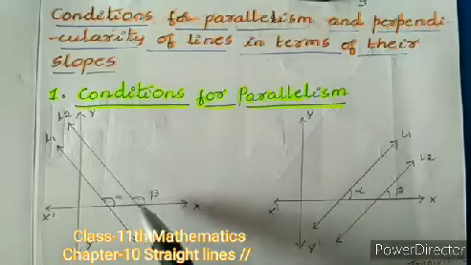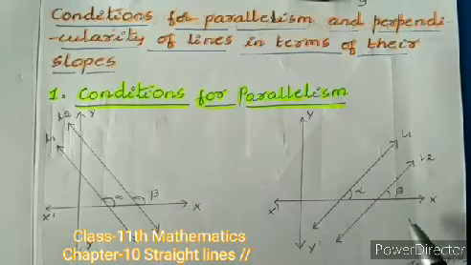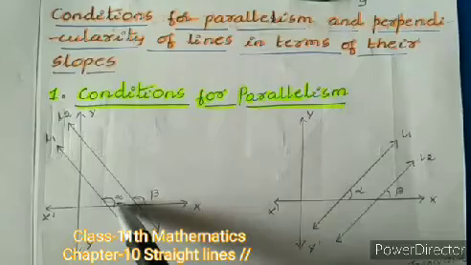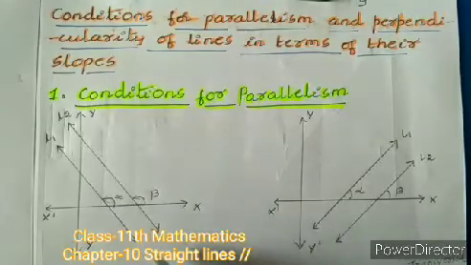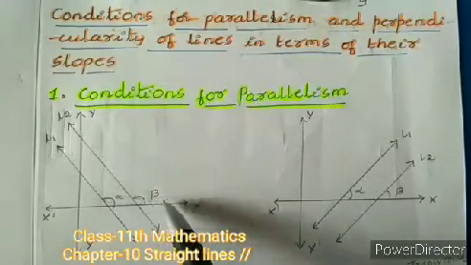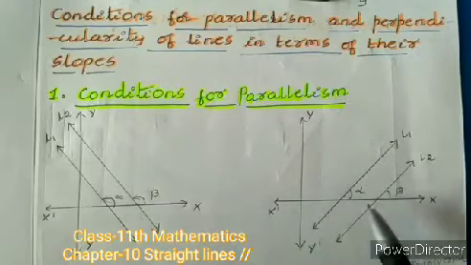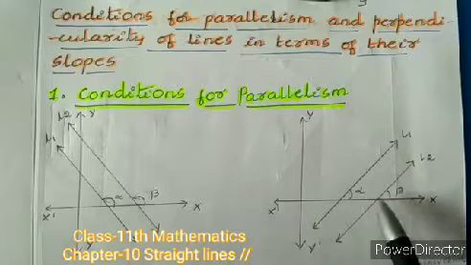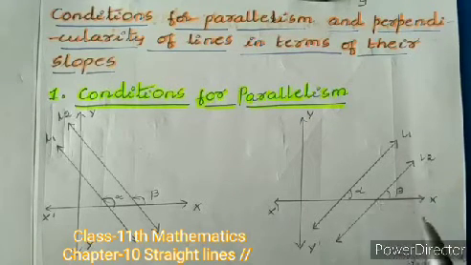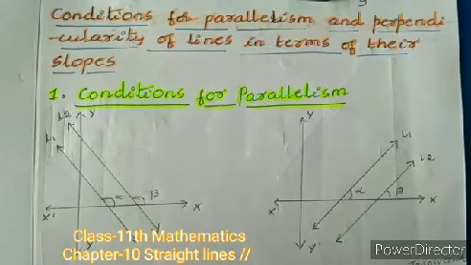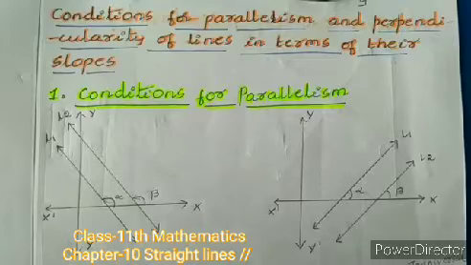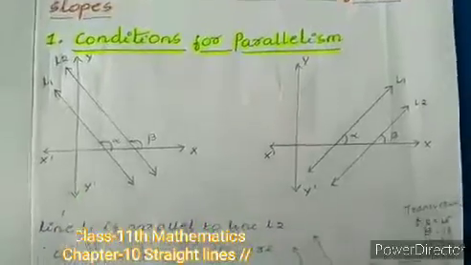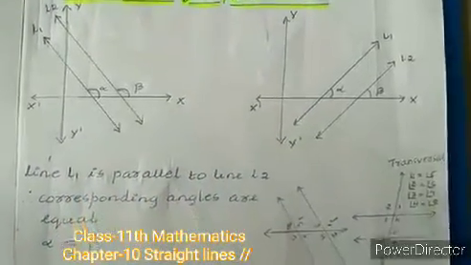Here we can have an obtuse angle as well as an acute angle. See, in this case the line is like this way, that means alpha and beta are both obtuse angles, whereas in this case alpha as well as beta are both acute angles, that is less than 90 degrees. So now we can consider the condition for parallelism for both cases, obtuse as well as acute angles. Before seeing the condition for parallelism, let us see the property related to parallel lines.